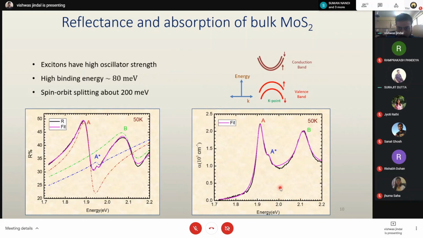So there is an energy shift. That is what you are seeing here, A and B. Now, if these spins were to relax quite fast, then you wouldn't expect to see this A and B. You should have seen only A. Because B is